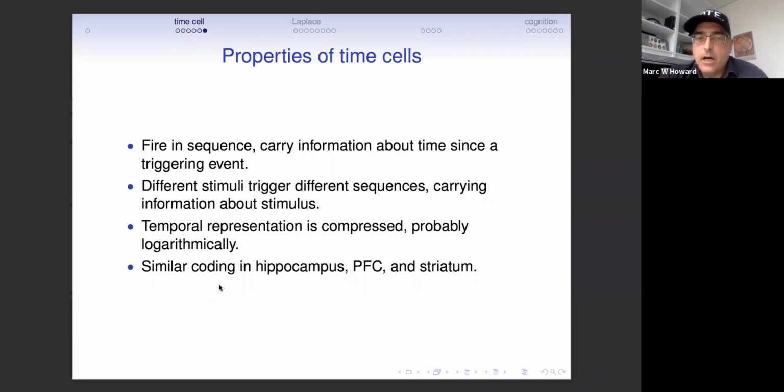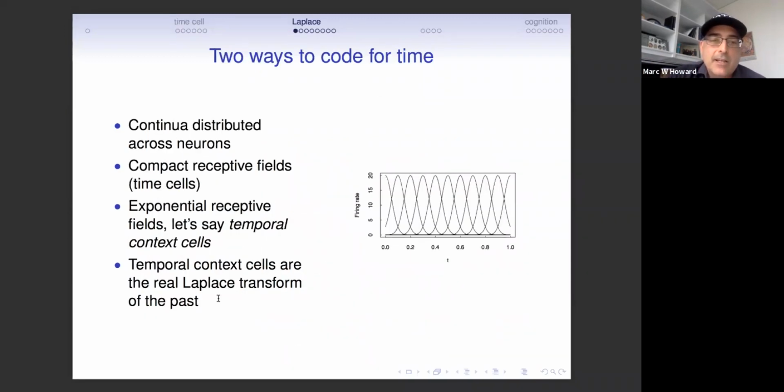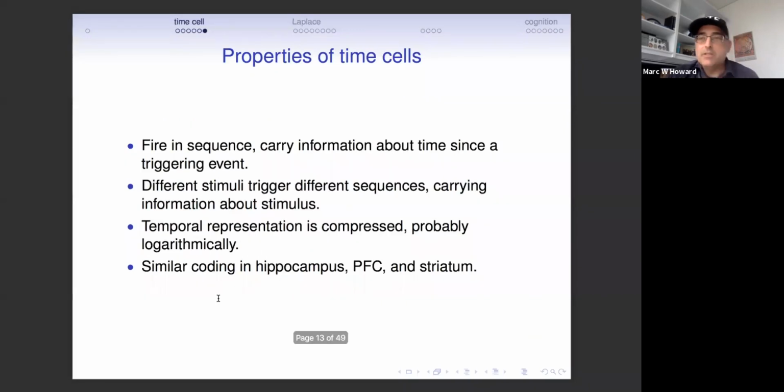And I would also add that I showed you results from hippocampus and prefrontal cortex. Other people have observed similar phenomena from the striatum, and that was also part of our original proposal, that this memory for the past, this experience of the recent past with what happened when, ought to be important in many different forms of memory, including working memory and episodic memory and conditioning as well. And there are pretty good arguments for that that I can't go into today. Okay. So that was part of the stuff we wrote on the chalkboard 10 years ago.